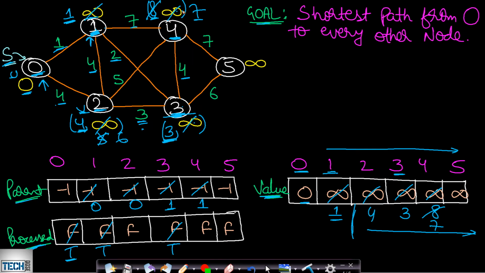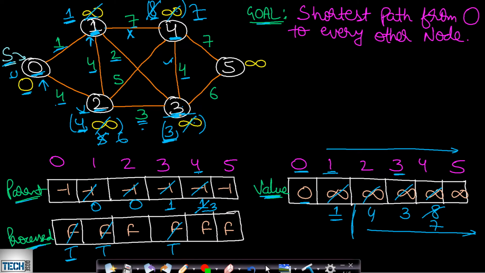And since we are updating the weight, the previously selected edge will now be discarded and we have selected a new edge. So we also need to update the parent, because the initial parent of 4 was equal to 1. As you can see here, the parent of 4 was 1. But now we have discarded this edge and we have selected a new edge which is giving us a lower cost. So now the parent of 4 is equal to 3. So the parent of 4 will now be updated to 3. Okay, I hope you are understanding this.